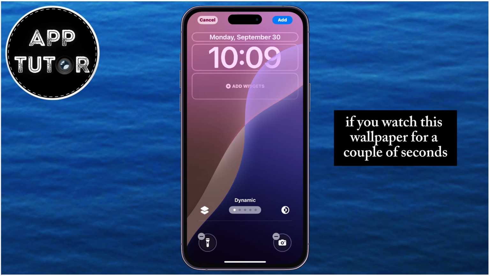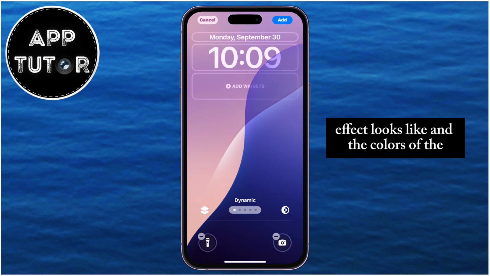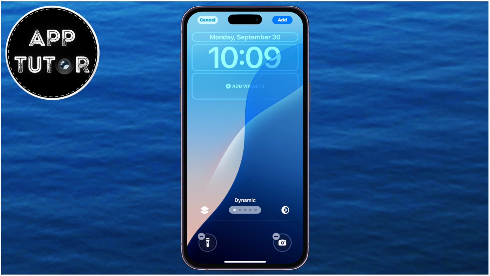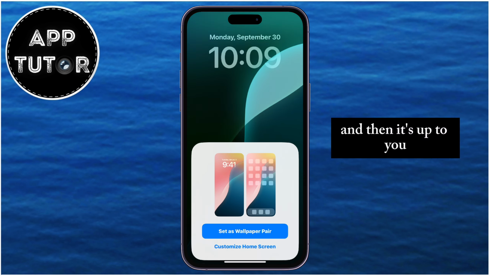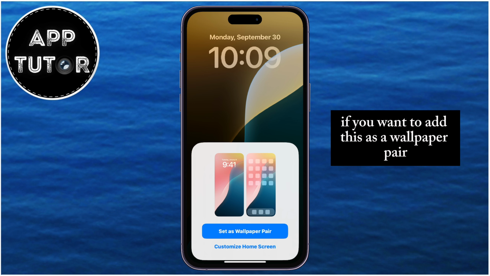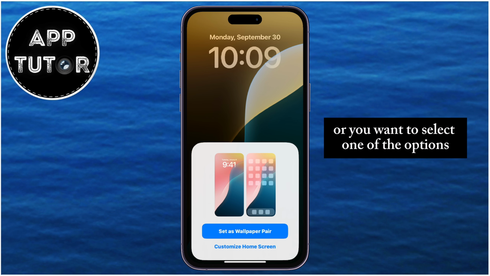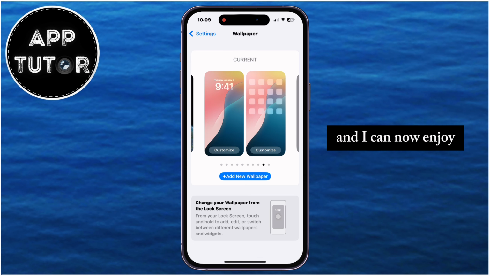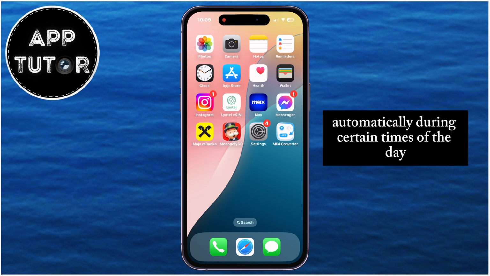If you watch this wallpaper for a couple of seconds, you're going to see a little preview of how that dynamic effect looks, and the colors of the wallpaper will change during the day, which is just what we want. You can now tap on Add at the top right corner of your screen, and then it's up to you if you want to add this as a wallpaper pair and set it for both your lock screen and home screen, or you want to select one of the options. I'm going to set this for both, and then my dynamic wallpaper will be set on my iPhone, and I can now enjoy. The color of the wallpaper will change for you automatically during certain times of the day,